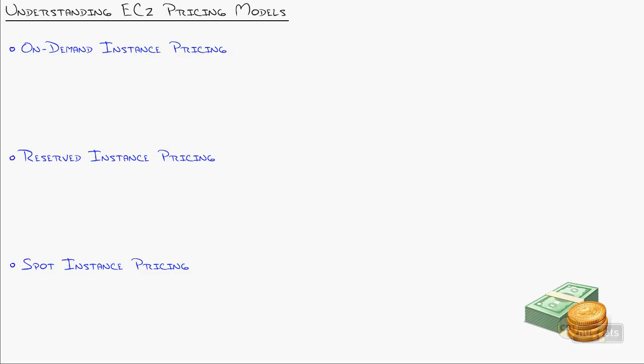So the simplest way and where most people begin with AWS is the on-demand instance pricing. The beauty of this is it is on your terms. I can walk into AWS, bring up the biggest, baddest server that I want for an hour, and turn it off, and I pay a couple bucks. It's kind of like I'm leasing the server at the rates that we agree to. I would say the biggest advantage to you with on-demand pricing is it is a no commit model. I walk in, I walk away, and I'm done. Now, as you might imagine, because of that model, you're going to pay a little bit more for it.